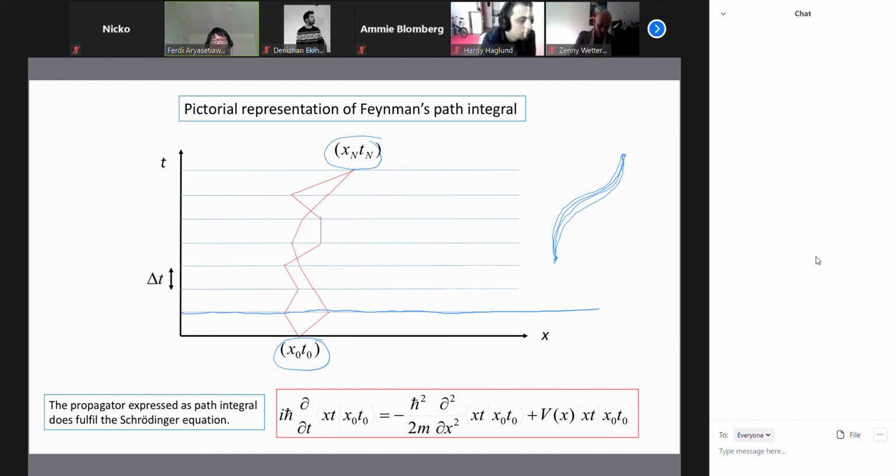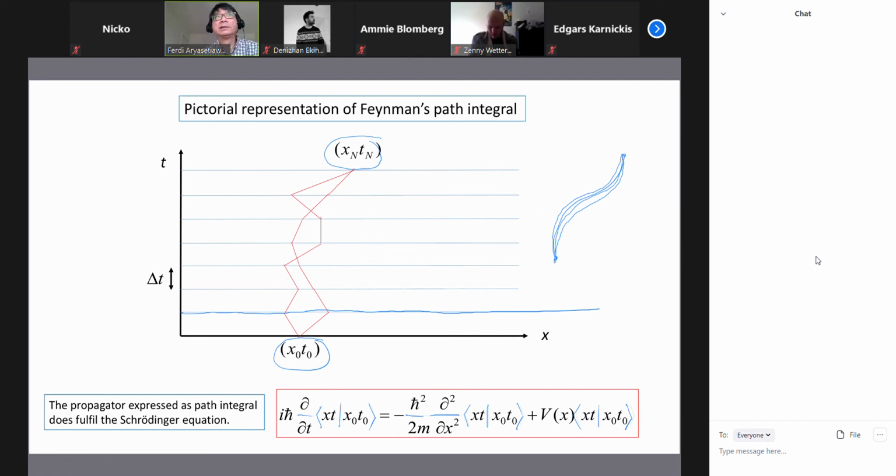So one can calculate the propagator, and as we have shown before, from the propagator you can deduce the excitation energies of the system. There are different ways of calculating the Feynman path integral in practice. We will not go into that here. But the final thing I would like to say is that we can show, I think we have actually already shown this, that the propagator fulfills the Schrödinger equation. We have shown this from the definition of the propagator. We will not go into it here, but you can easily also check that